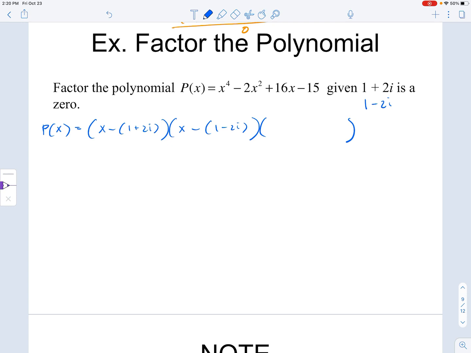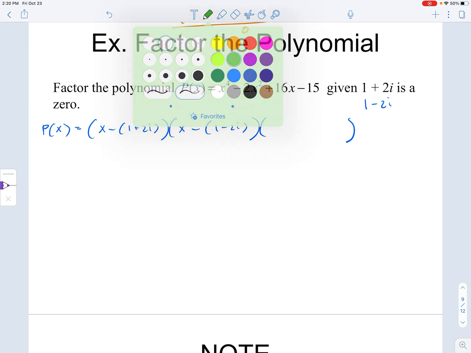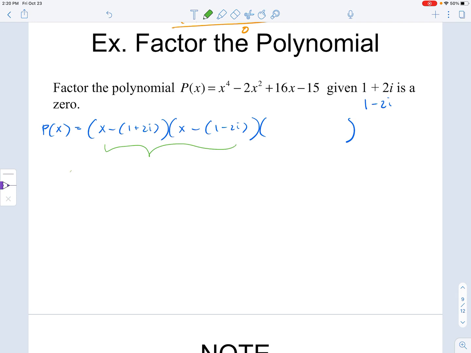So same sort of process that we did before. Now, there are 2 different ways you can think about multiplying this out. It's kind of a shortcut to rewrite it. So if I thought about distributing the negative, you're going to want to distribute the negative either way. So x minus 1 minus 2i times x minus 1 plus 2i. But if you, by the associative property of addition, group the x minus 1, notice that this looks like a minus b times a plus b, right? Which is what a difference of 2 squares factors to. So we can actually write this as a difference of 2 squares,